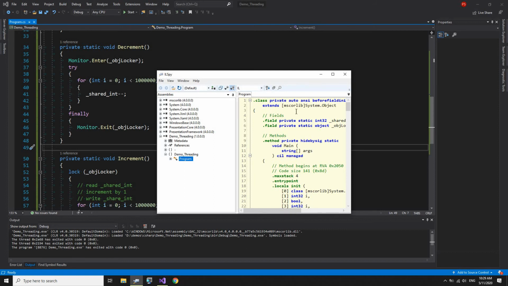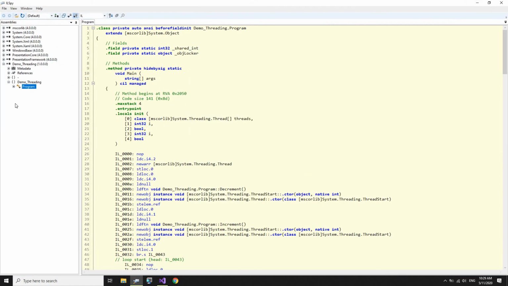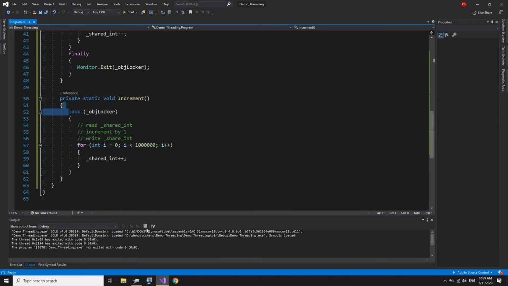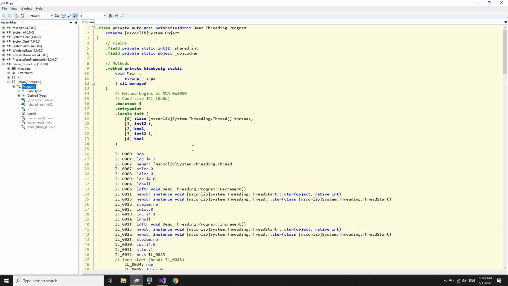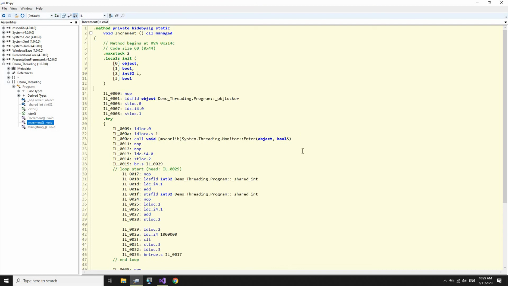Yeah, so now we can look at this. This is our ILSpy program, and we have the increment method where we put the lock. So we can decompile increment. If you see, there is nothing called lock. What's happening here? You look at Monitor.Enter.